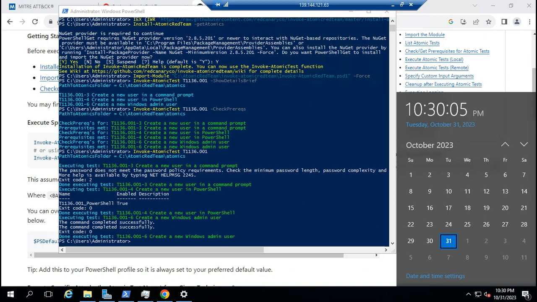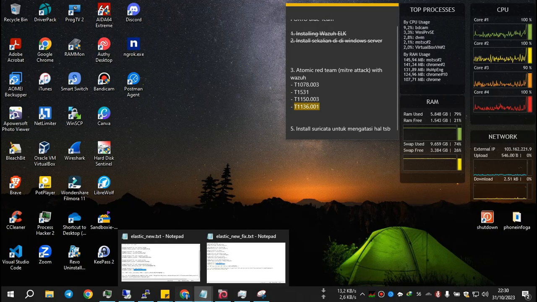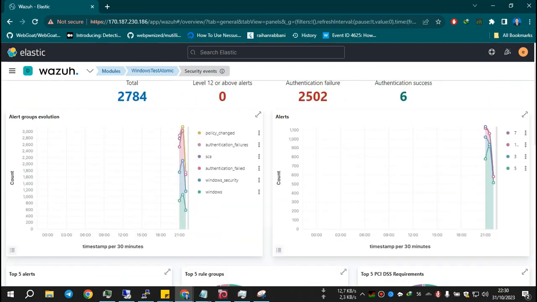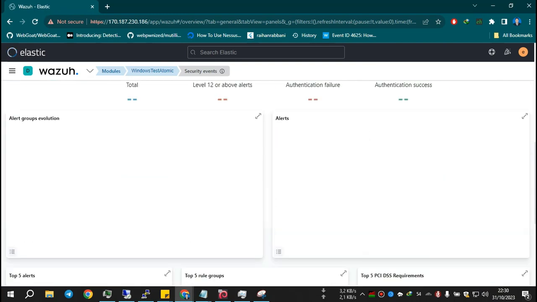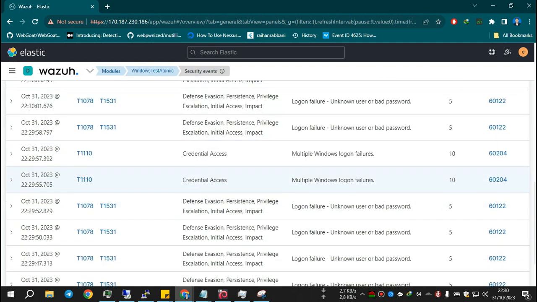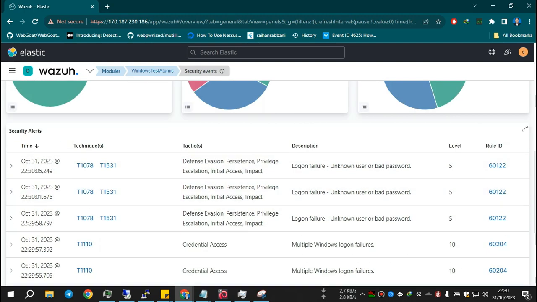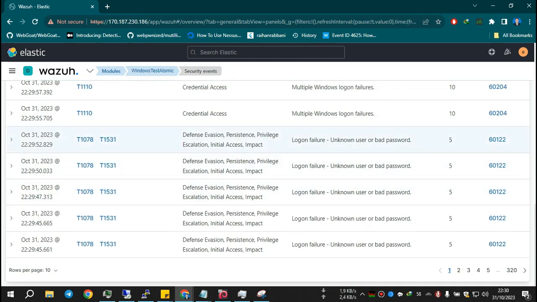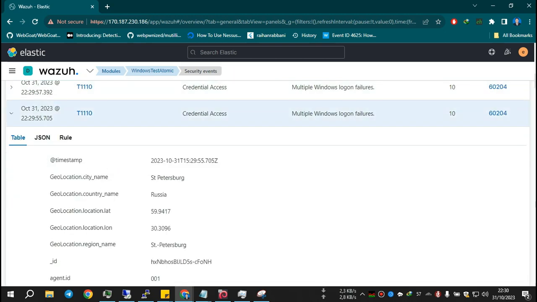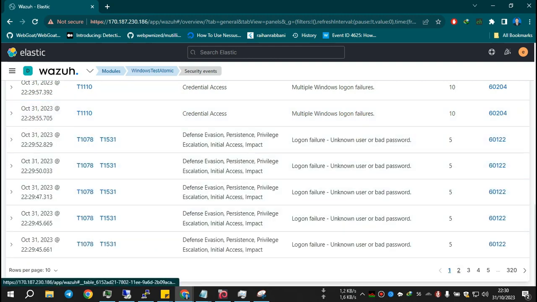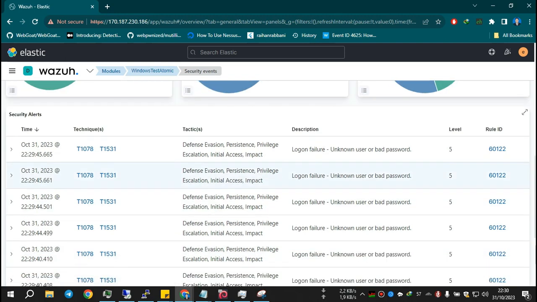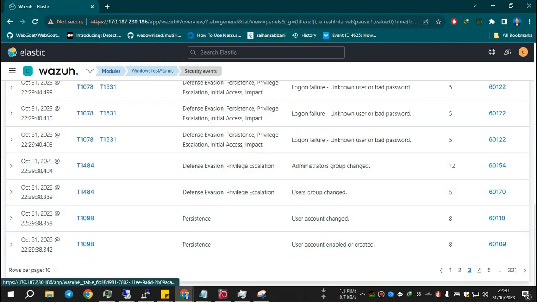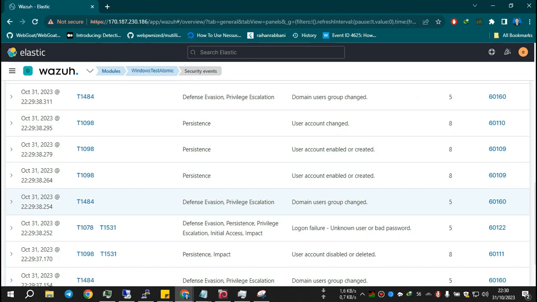We can check it in Wazuh. Now this is the log.